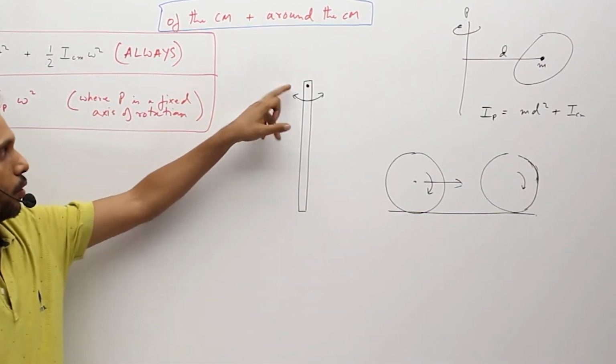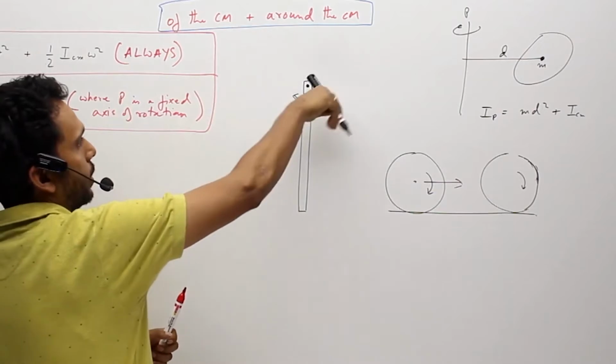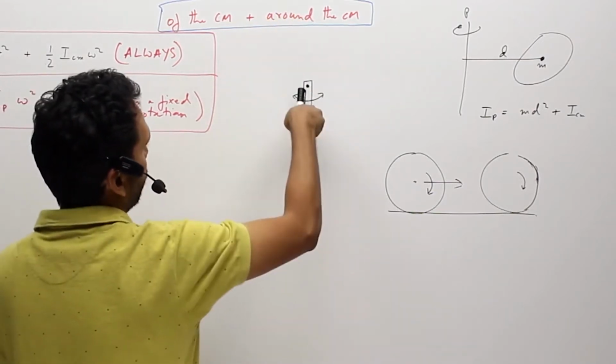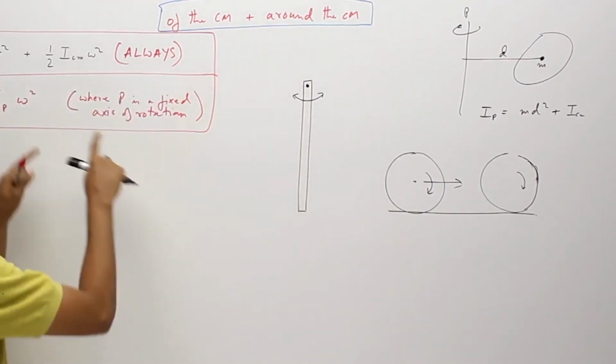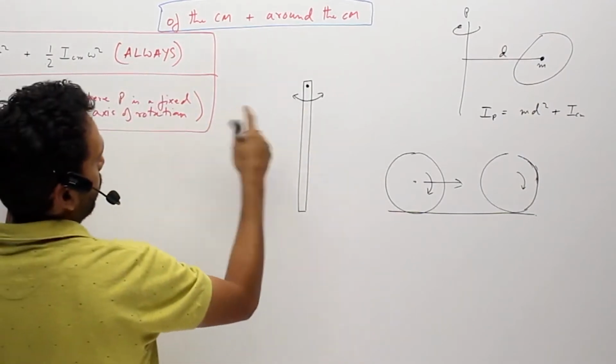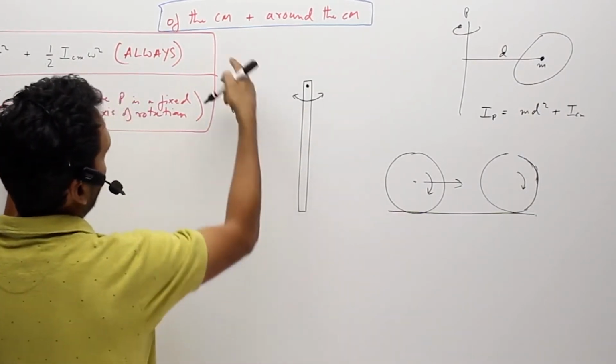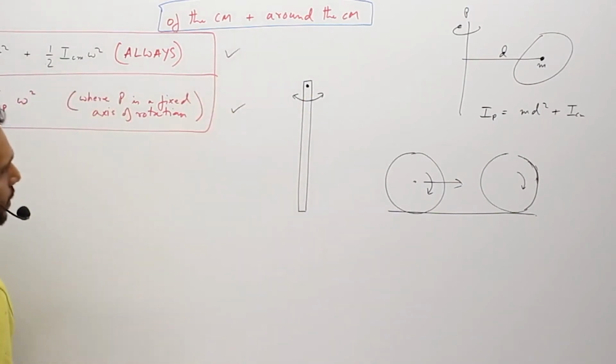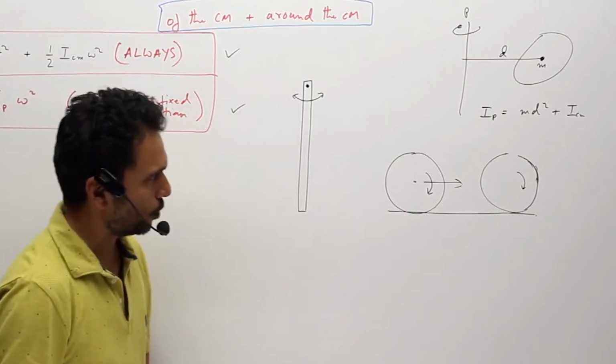You have a fixed point of rotation over here. It rotates about this, can go all round, but about this fixed point of rotation. Hence, you can apply this formula. So in here, formula number 2 can be applied, and formula number 1 can always be applied. It would be convenient to apply formula number 2, but we apply both formulas to show you.